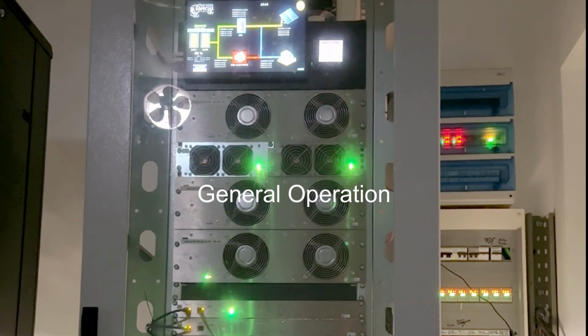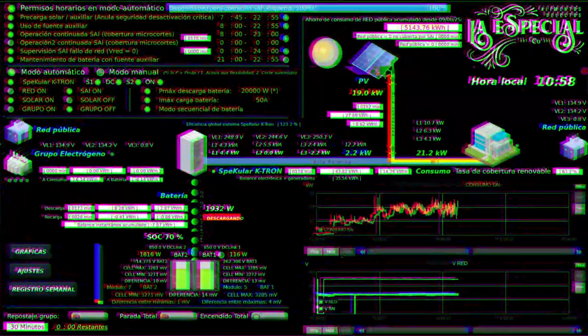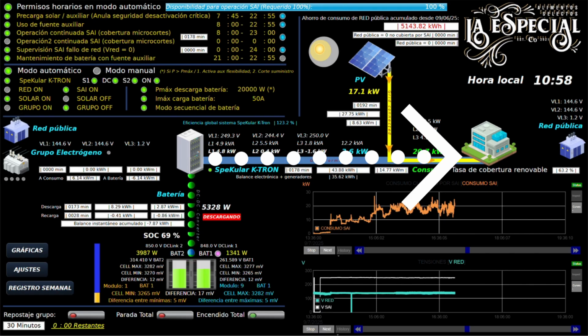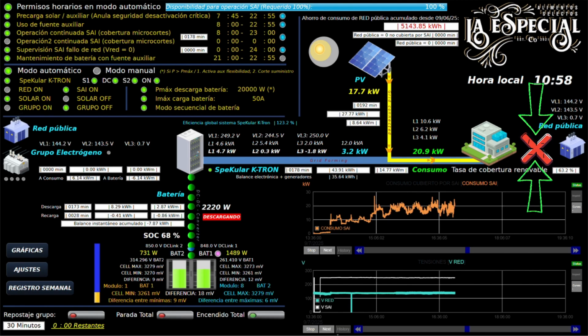General operation. Note that SpeKular TRON has been conceived and designed to operate as a system independent of the public grid, building its own grid or smart grid. The very purpose of this operation mode is to limit or completely eliminate the need of public electric grid use, while fixing all the issues related to it, such as microcuts or outages,